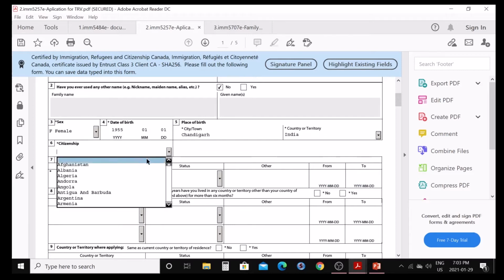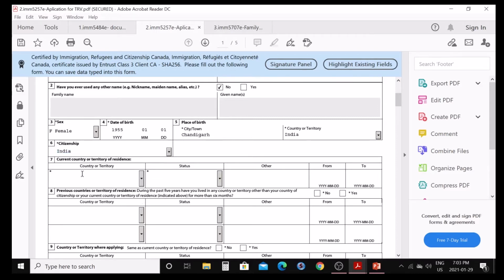Citizenship: you're gonna write again which country you are a citizen of. So I am writing India again. And next, question number 7, current country or territory of residence. If you are a citizen of India or another country but you are staying somewhere else on a temporary visa or work visa or something, you can write it here.